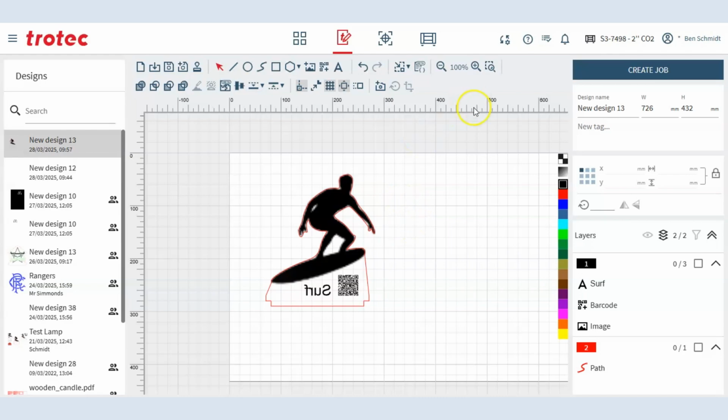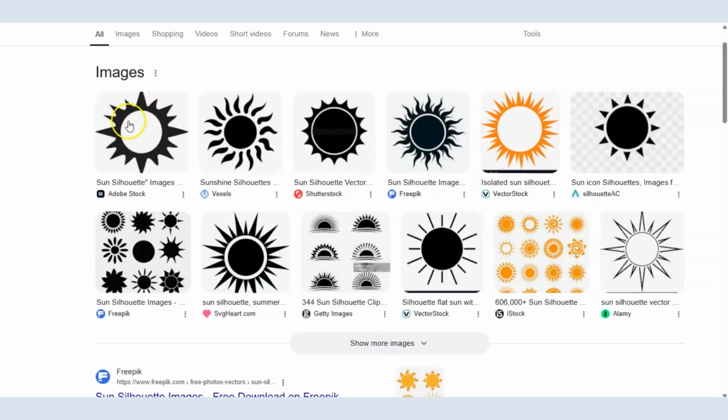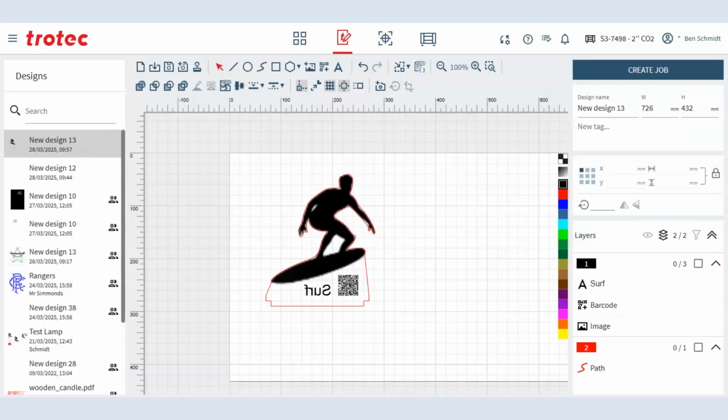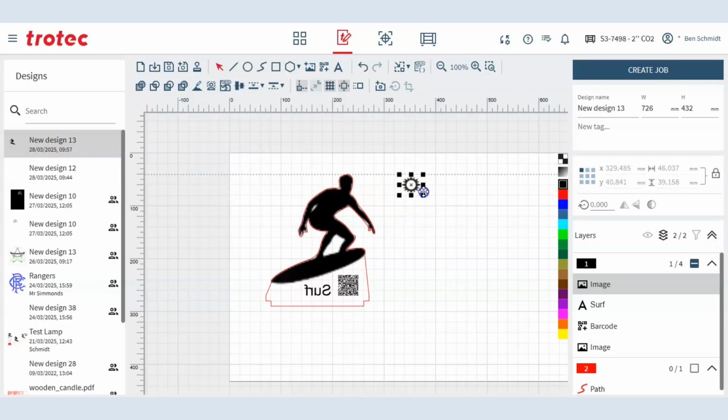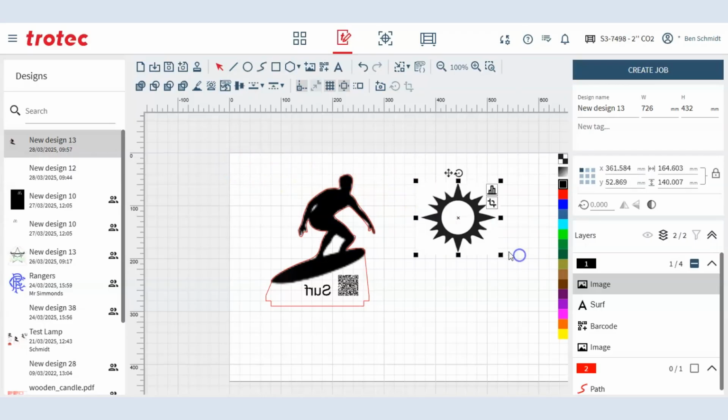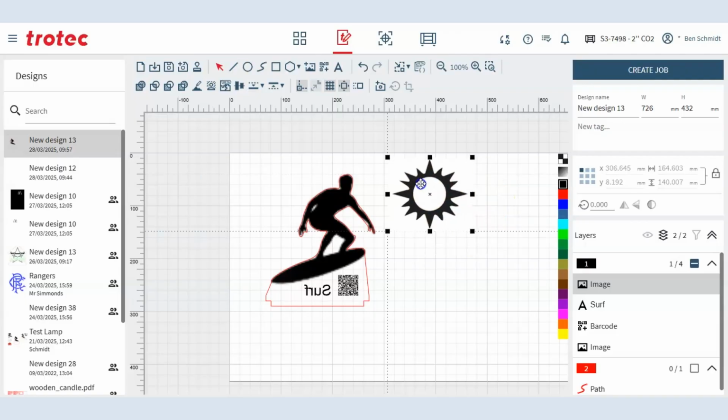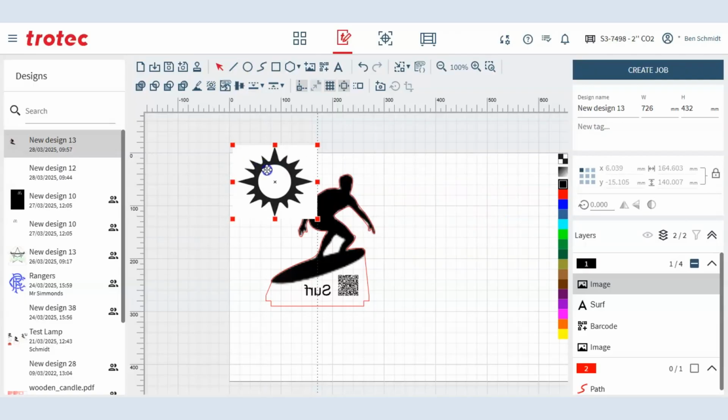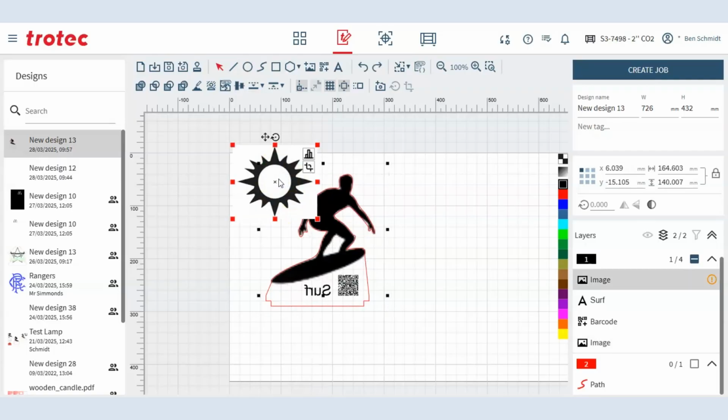So now let's say I want to incorporate multiple images. I'm just going to get something like this as an example. Copy image, bring it in, Control V, and resize it. I could go over and be specific, but I'll just resize it. And maybe I'll put it up somewhere like that. And first thing I want to do is,